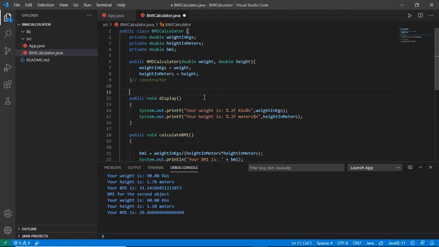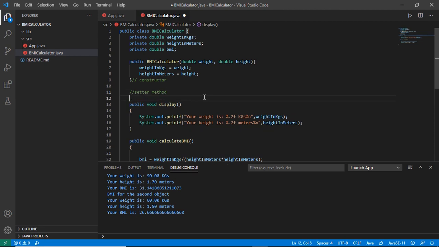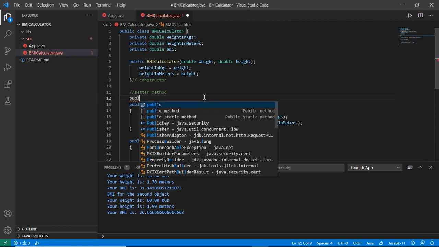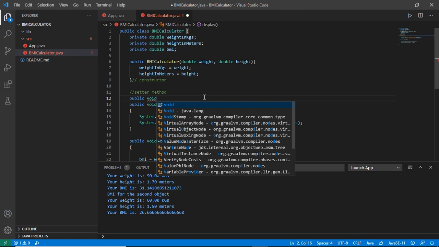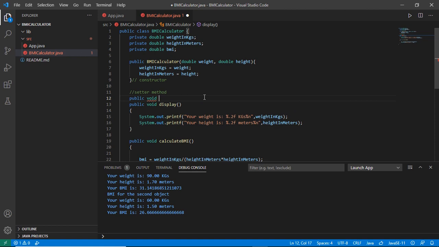So I will first declare a setter method, which you can also call the mutator method, that will allow us access to this variable. So if I declare a public method, since I do not want any return type from this method, I just want to use this method to assign a new value